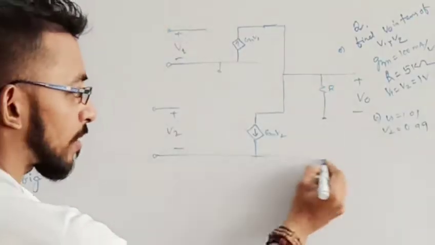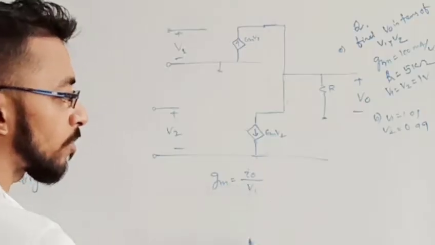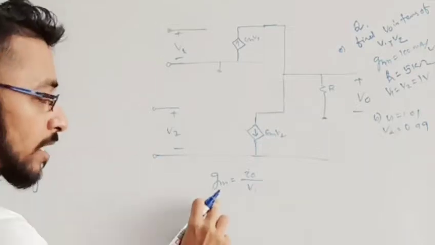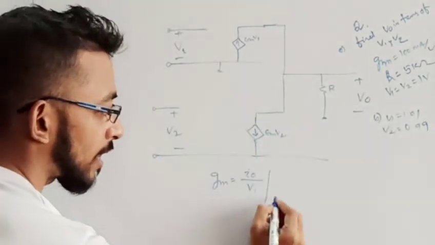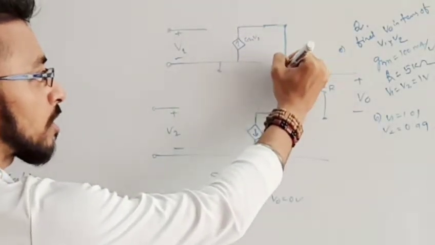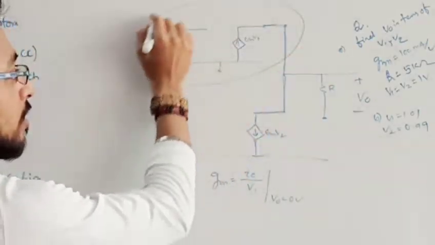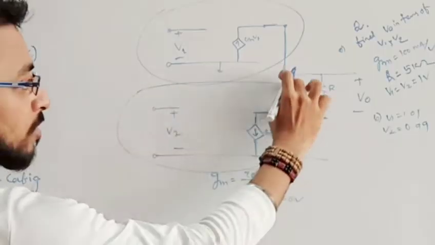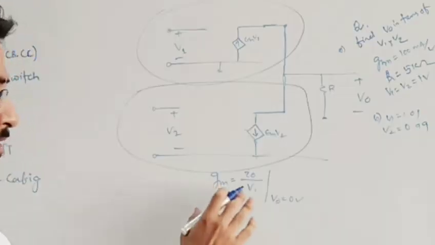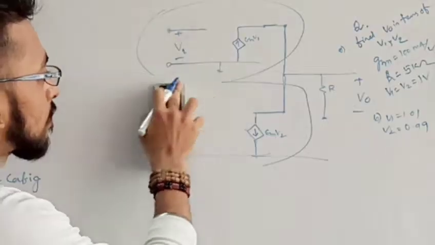What is a transconductance amplifier? The GM value is nothing but I output upon V input, which means it is a current source controlled by voltage. So a voltage controlled current source is called a transconductance amplifier. At that time we have to make our output equal to 0 volt. Here also my output is 0, means short circuited. I am talking only for this amplifier. For this amplifier, my output is short circuited, connected to the ground, and I have to find GM as I0 upon V. But this is the concept. Here GM value is already given, so no need to worry about that.